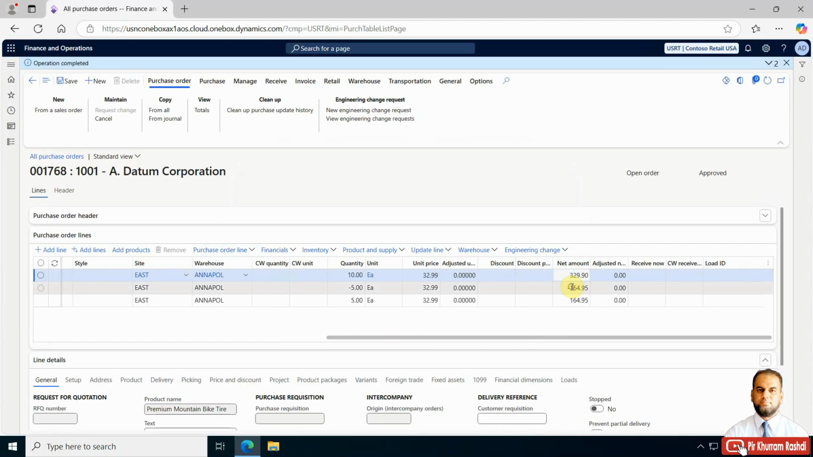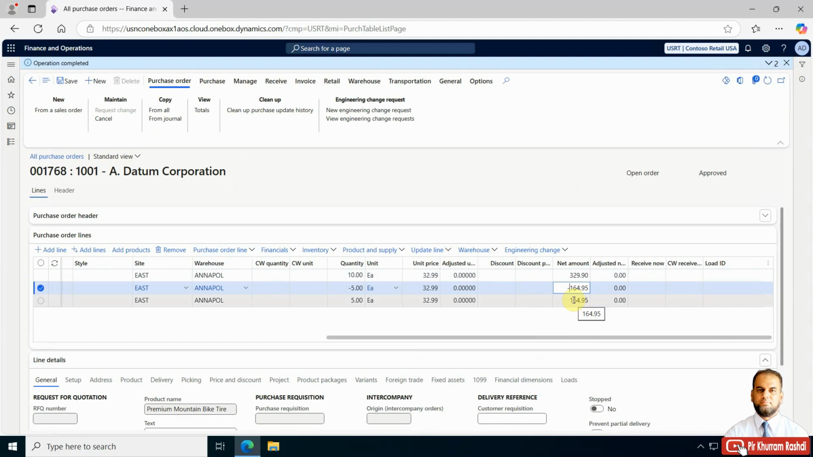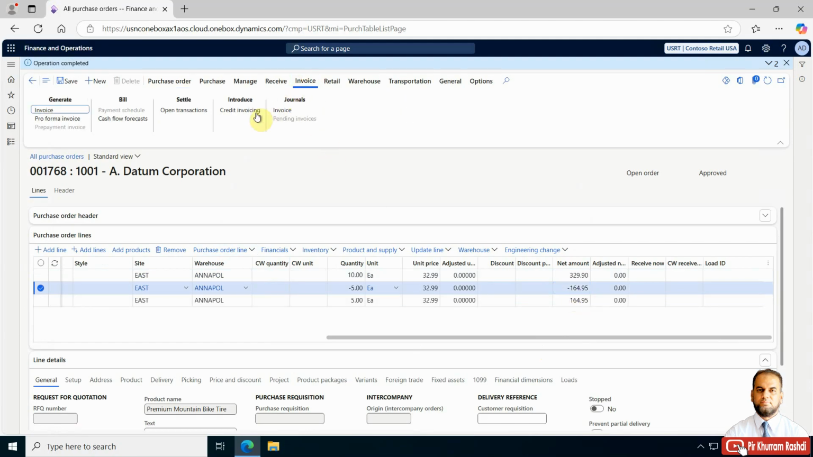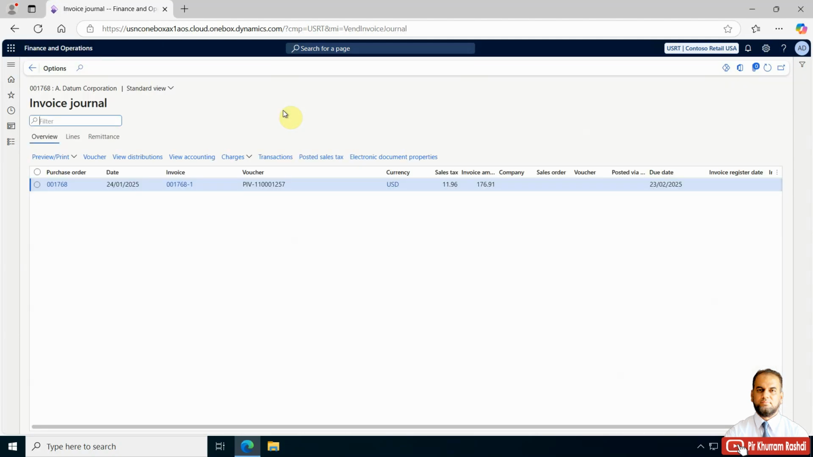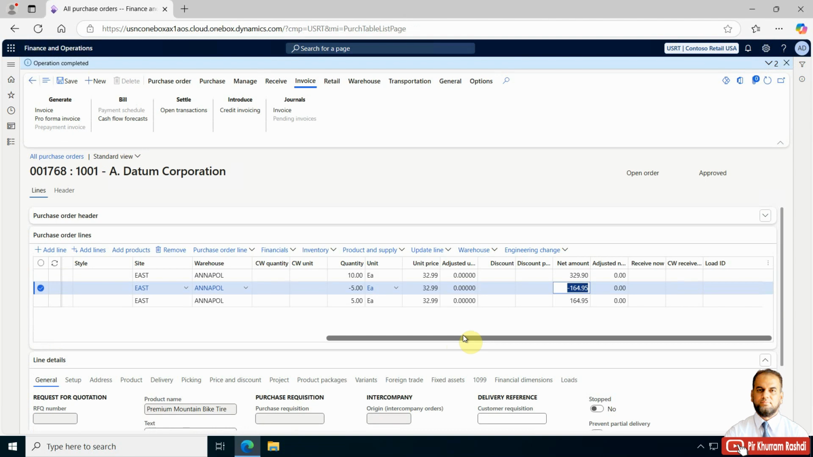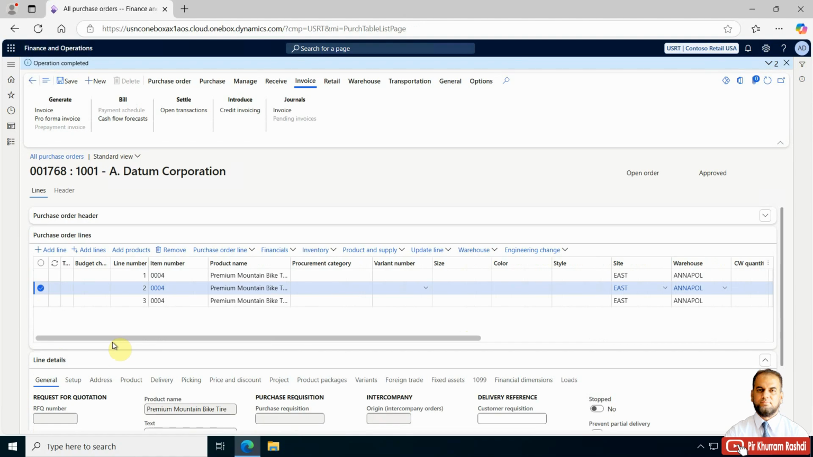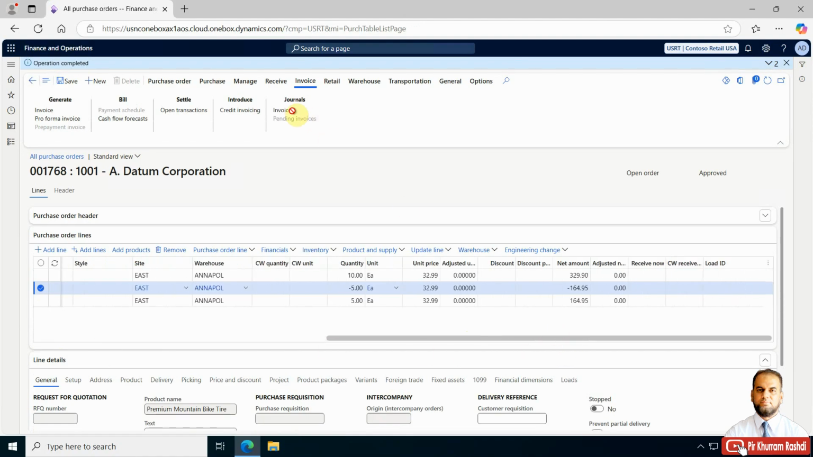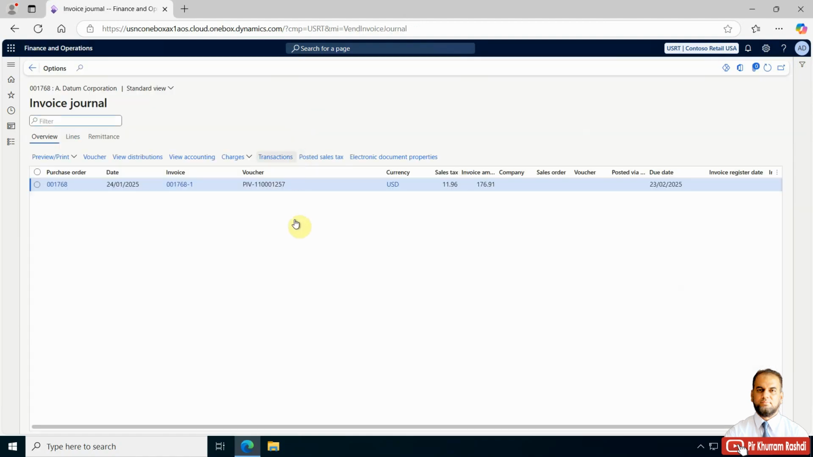So as you can see, the amount is -164.95, and this needs to be the same. If you see here, 176.91, 176.91. The 91 is with the tax, so here it is without the tax. Okay, so this is the process, and if you want to see the amount without the tax,